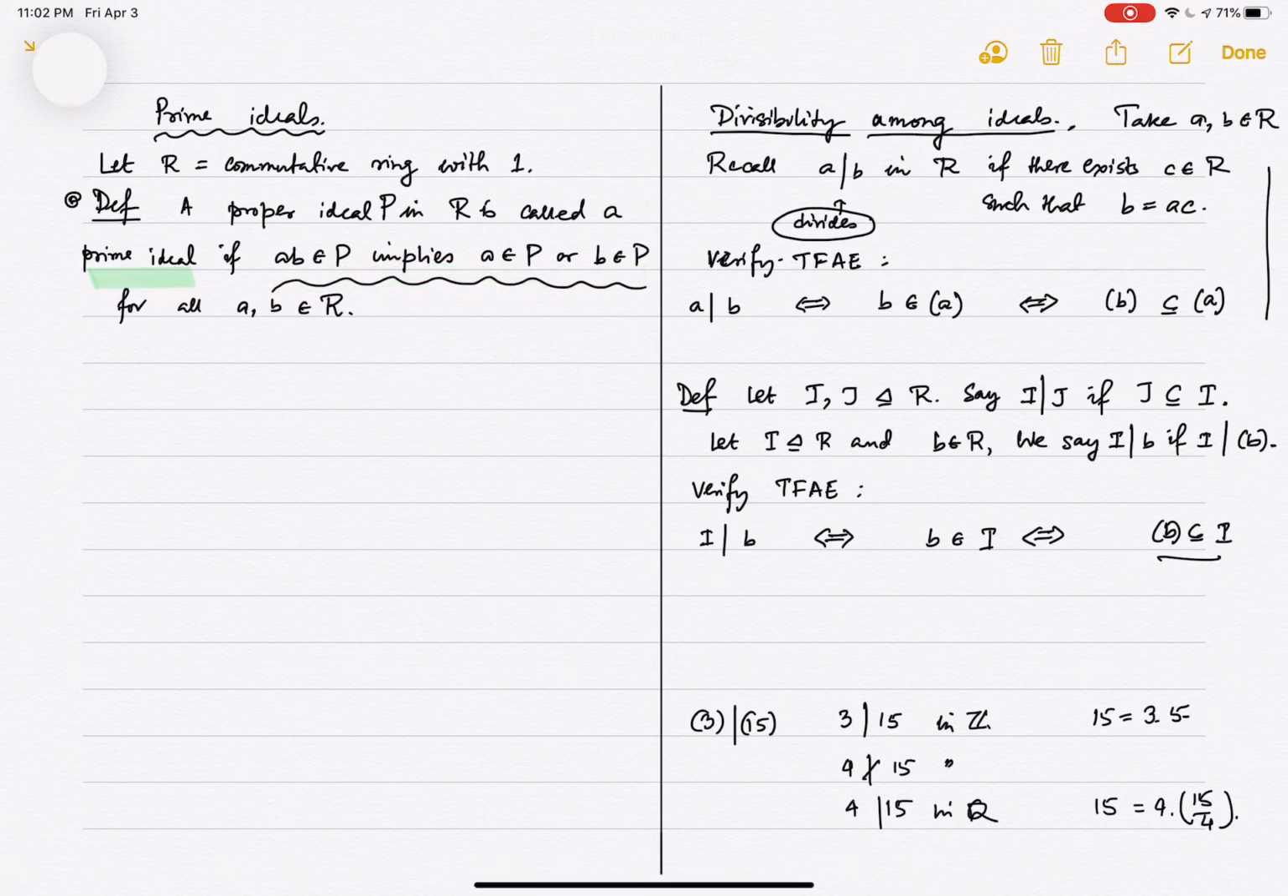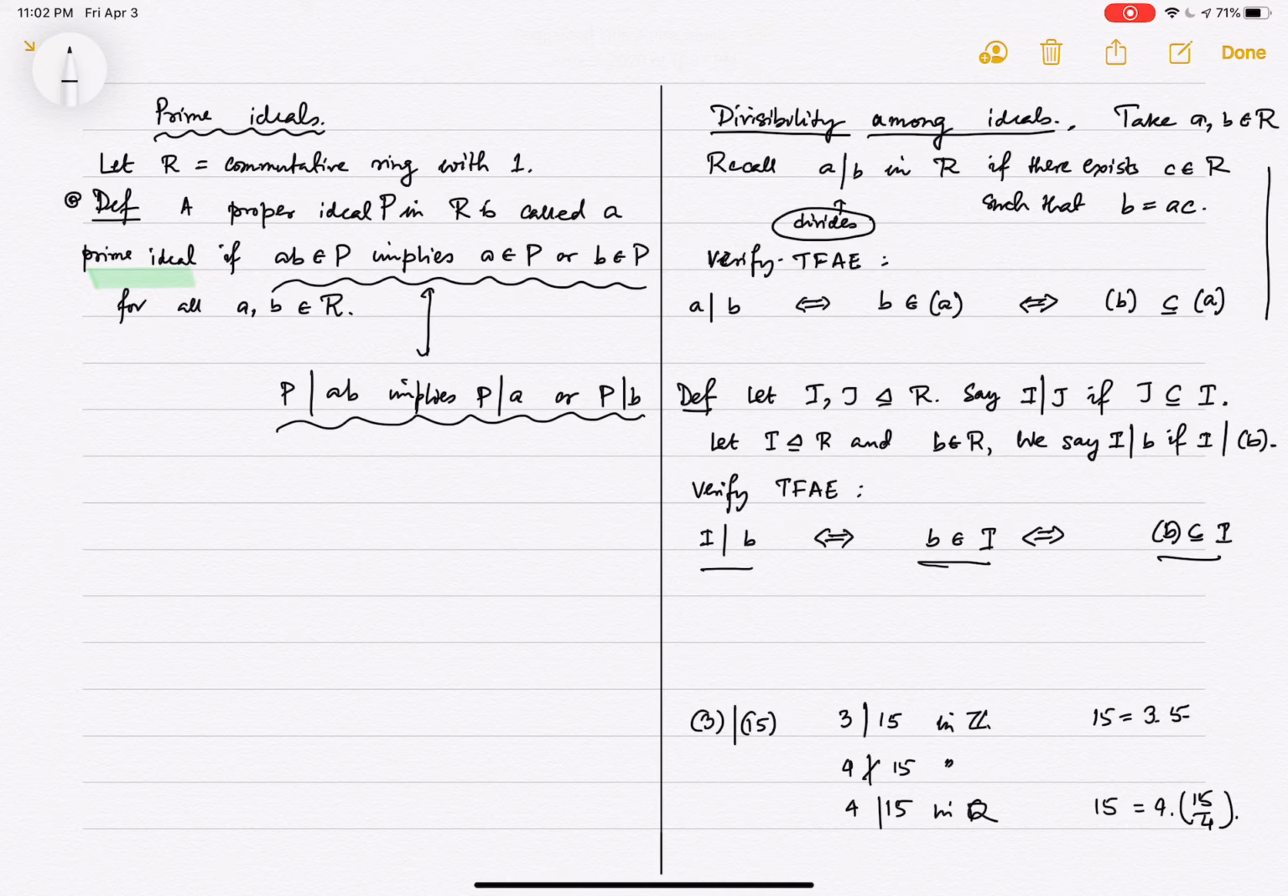This translates into saying A in P is same as saying P divides A. And B in P is same as saying P divides B. And similarly, AB in P is same as saying P divides AB. So what the statement is saying is that if P divides AB, then P divides A or P divides B, which, as you recognize, is the condition for a number being a prime